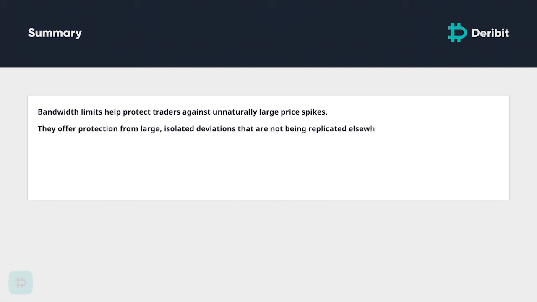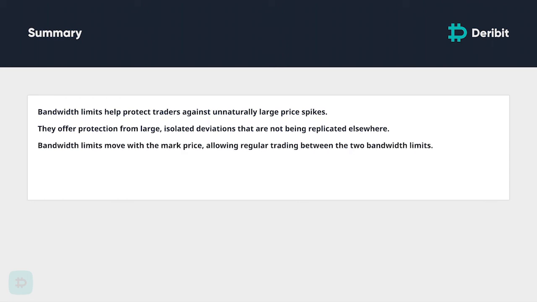In summary, the bandwidth limits are important for protecting traders from unnaturally large price spikes. They offer protection from large and isolated deviations that are not being replicated elsewhere. The bandwidth limits are not static and will move with the price, allowing regular trading to continue within the normal range. For the options, they also help prevent mistrades, whereby a trader accidentally sells an option for a tiny fraction